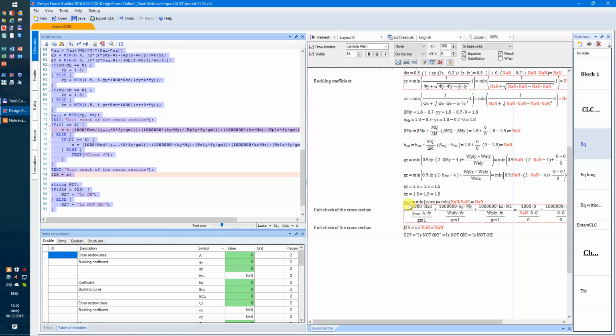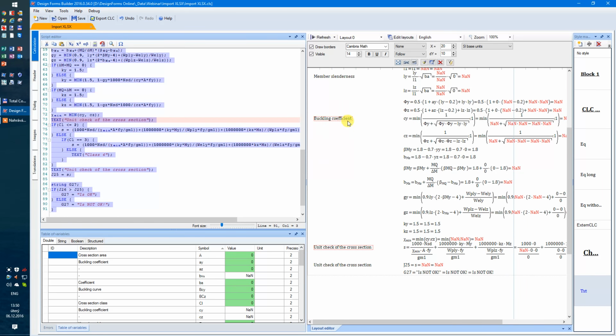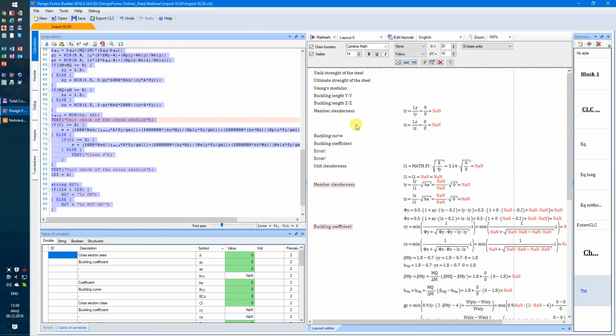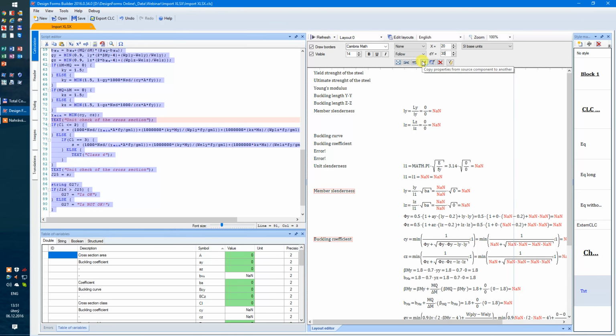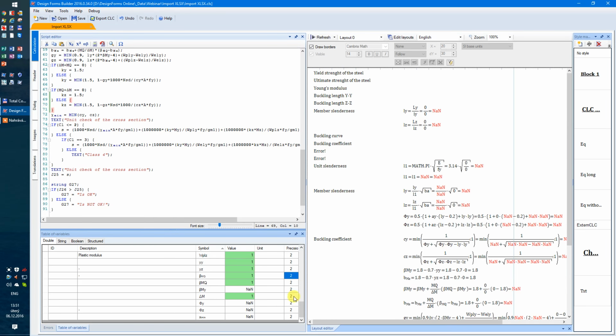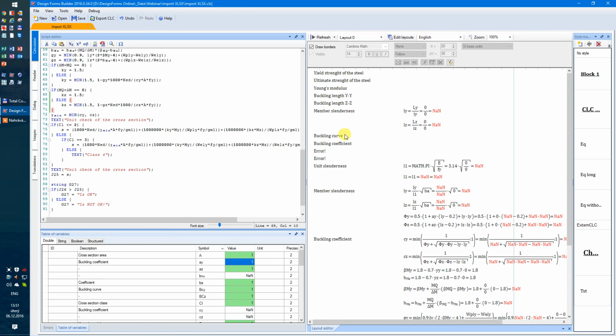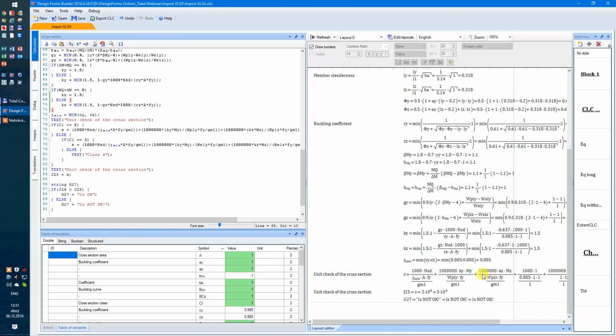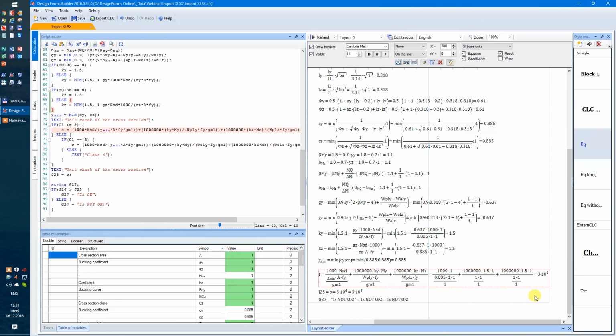We assign the proper style, and we have to move these texts slightly down, so we increase the spacing, and that's it. Voila, and the calculation is almost ready, importing from Excel. Now I have modified the initial value of all variables to 1 to see some values here, and you can see that we've got